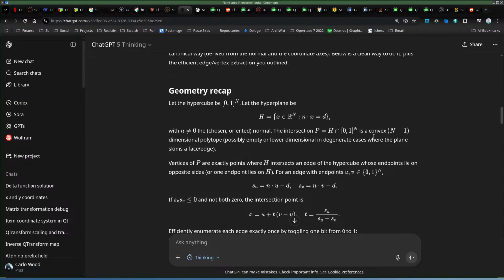Then you get a solid convex n-1 dimensional polytope, possibly empty or lower dimensional in degenerate cases where the plane skims a face or edge. Vertices of P are exactly points